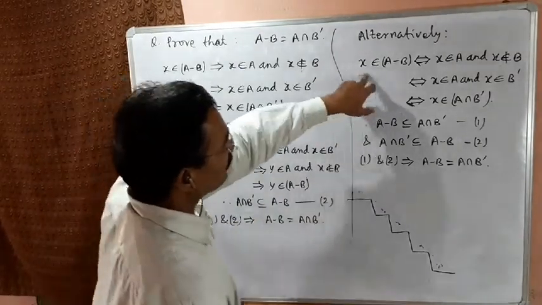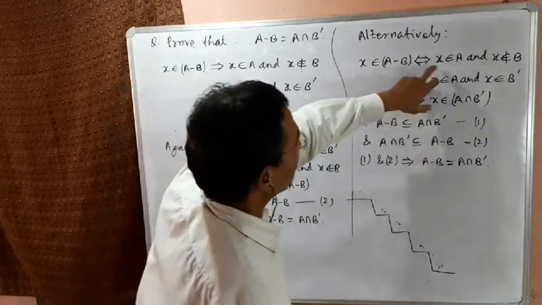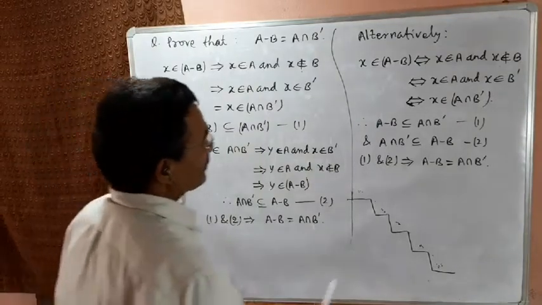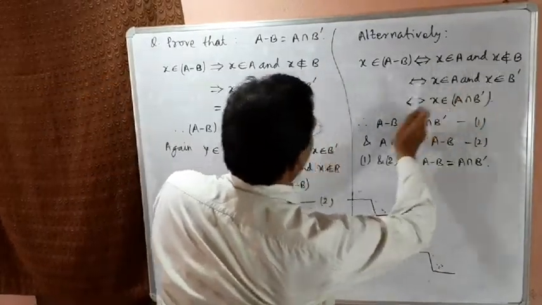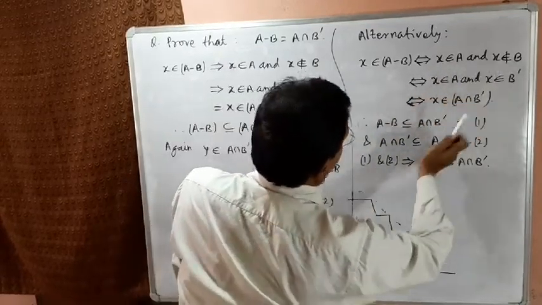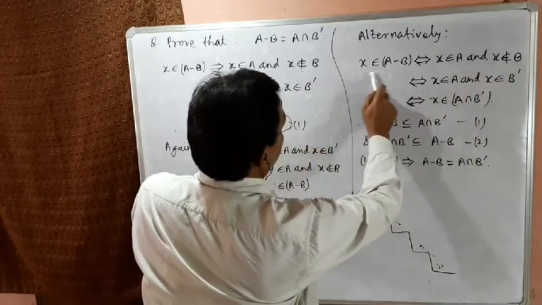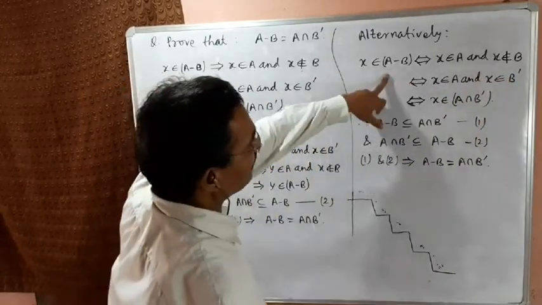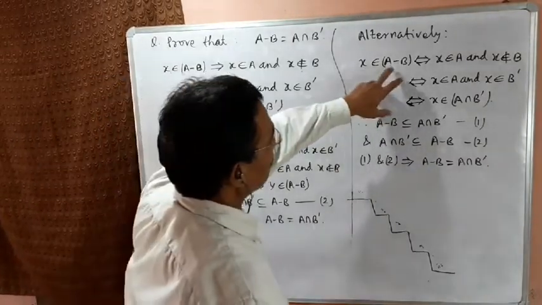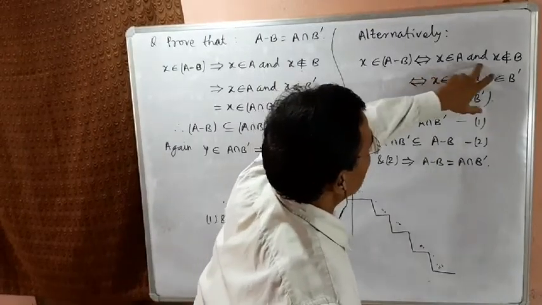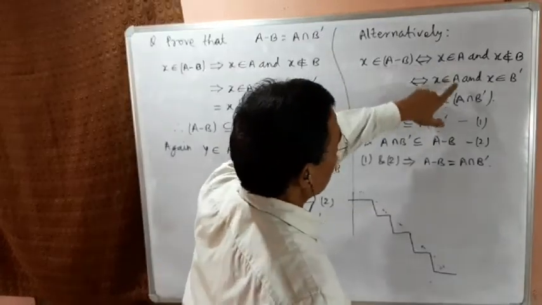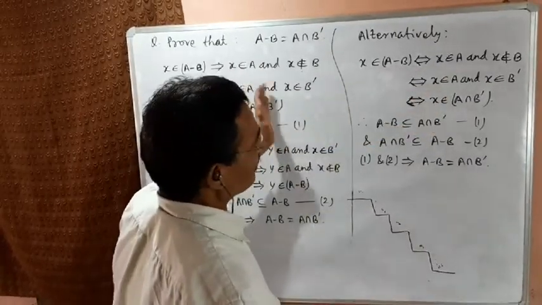Actually, like this way, let us think about this question. Here we have taken x belongs to A minus B. Obviously, this will imply x belongs to A and x does not belong to B. At the same time, try to understand if this statement is true, then this will be true or not. Obviously, x belongs to A and x does not belong to B. This will imply x belongs to A minus B. Actually, this is the definition of A minus B, difference of sets. Therefore, till now we have proved that if x belongs to this, then this statement is true, and if this statement is true, so in reverse this is also true. Now this implies this, we have seen already in the first method.